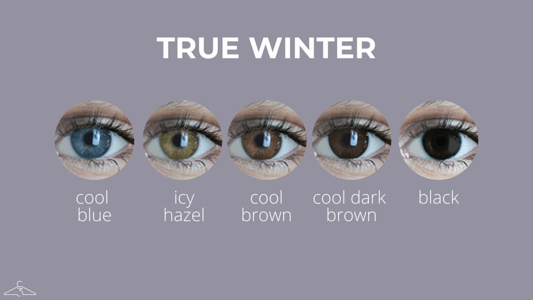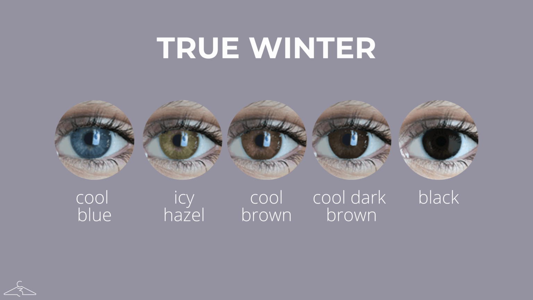This is not always the case, and it's especially not always the case when we're talking about the specific category of true winter versus true summer. So a lot of the time what I have seen with true winter people is that they are going to have a darker eye color in comparison to the true summer people. So although their eye color can actually range from cool blue, icy hazel, cool brown, cool dark brown, or even black, a lot of the time you're going to see a big difference because winter people are going to have a bit more of an iciness to their eye color, and it's not going to be the same element as